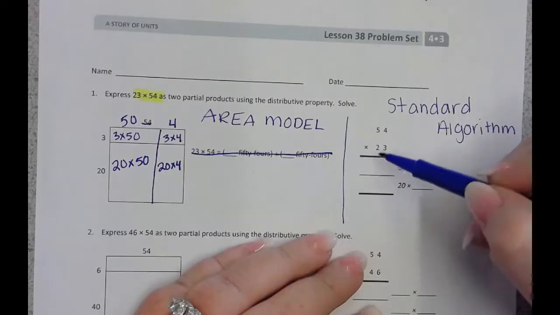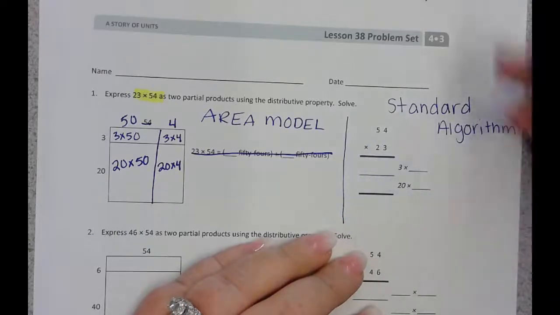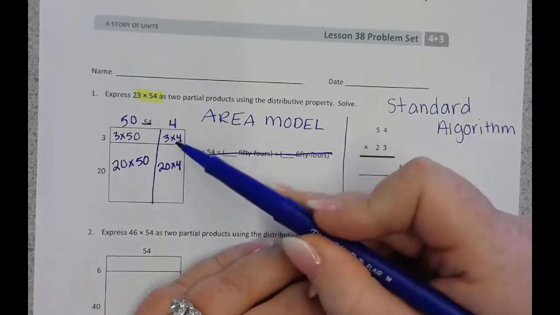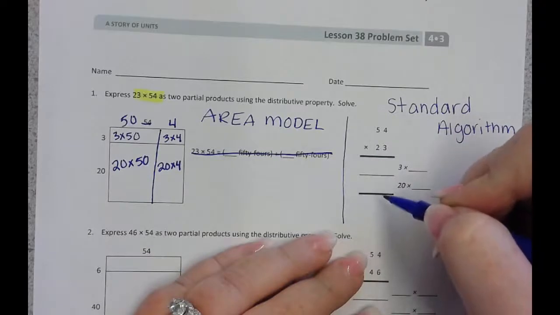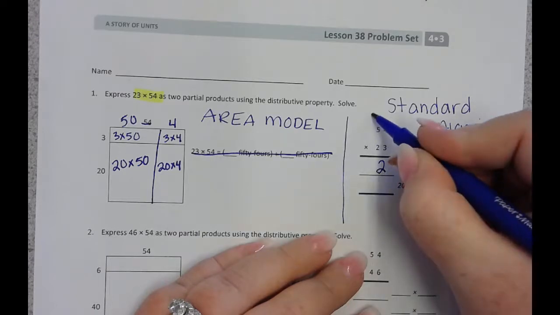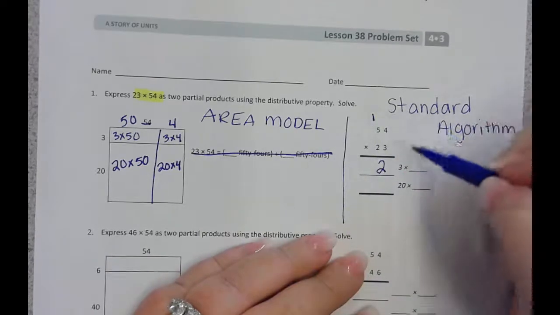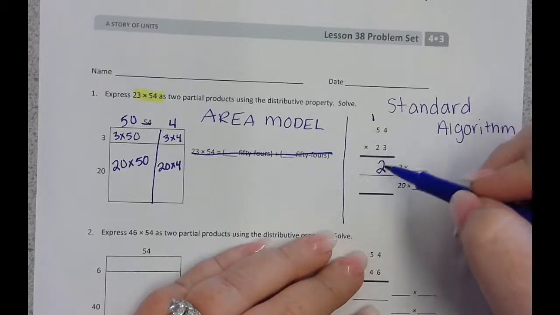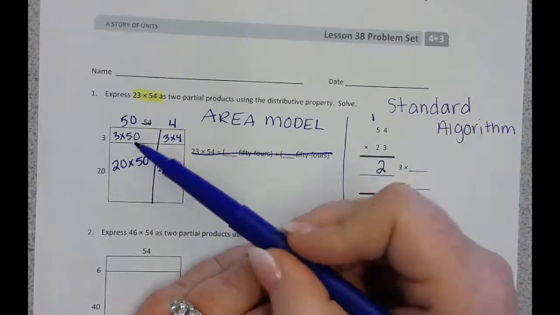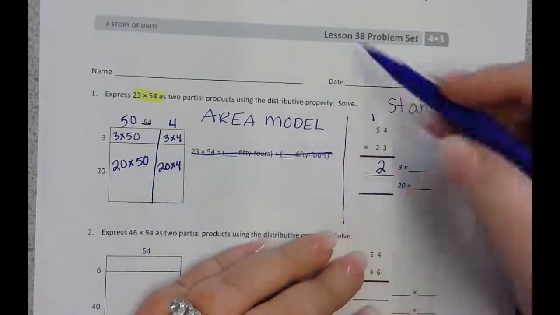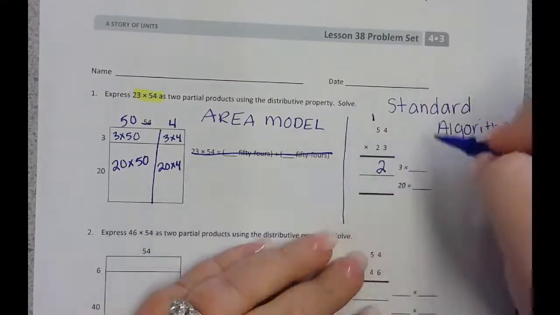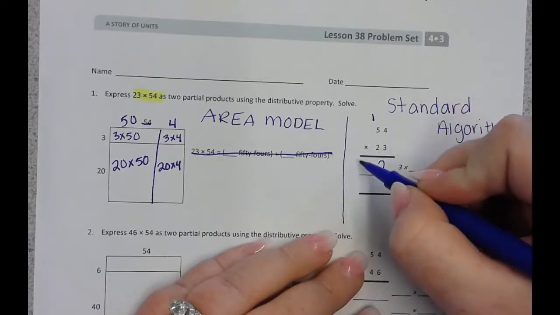With the standard algorithm, we're going to start just like we would with a multi-digit number times a one-digit number. So I would say 3 times 4, which is what I have right here. So 3 times 4 is 12. But I can't write 12 there, so I have to put my 2 and regroup 1. Then I have 3 times 5, but that's not actually 3 times 5. That's 3 times a 5 in the tens place, which is 3 times 50. So 3 times 50 is 150, or 3 times 5, which is 15, plus 1 more is